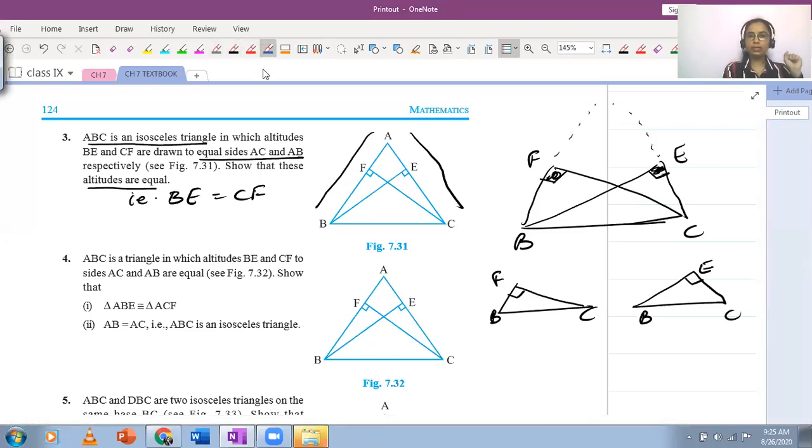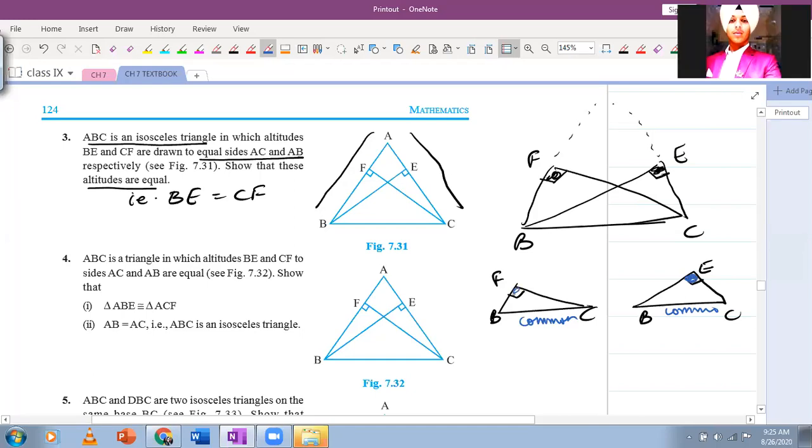I think you've already looked at the common side. So the base of the triangles is common. You can see one 90-degree angle. So this actually looks similar, R and H. The third thing you need, there is one more pair required to prove the congruence of these two, by AAS criteria. AAS.